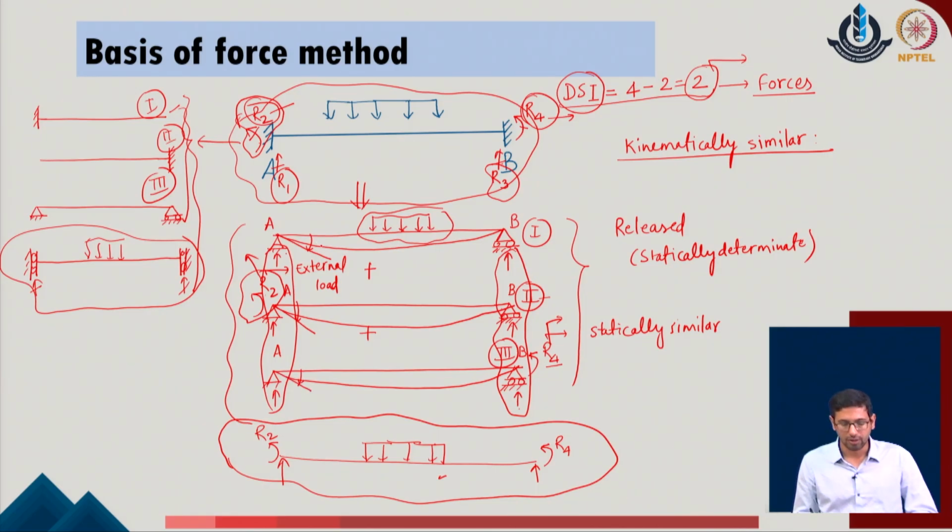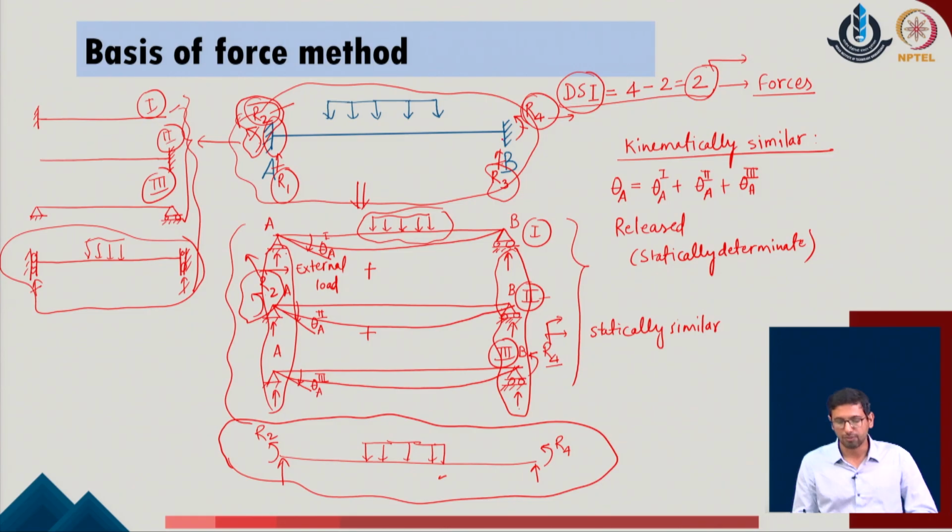Now, when I add together the amount of the rotation at the joint A due to system 1, the rotation at joint A due to system 2, and the rotation at joint A due to system 3, I have to ensure that these three summations give me the 0 value, because that is the actual amount of rotation available in the original problem. This gives us the classifying condition that theta in the original problem should be equal to theta due to system 1, theta due to system 2, and theta due to system 3 at the given point.